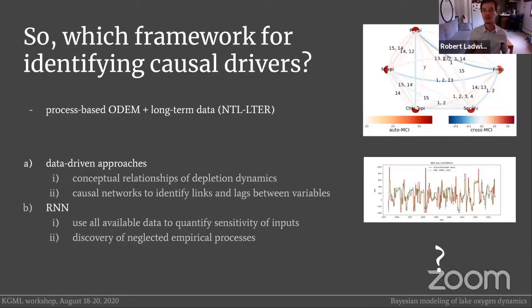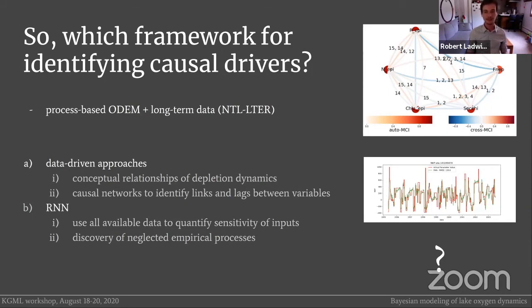So yeah, currently we are here. We want to really advance what we can learn about oxygen depletions. We have all the results from the process-based modeling, plus more and more data from our long-term data set. So we know the groundwater table and we know nutrient concentrations in the inflow. And now we also would like to hear your feedback, what you think is a good approach, what is a good framework to either use data-driven modeling or approaches like causal networks, or maybe use machine learning to discover processes that we have to use in the next iteration of ODIM.